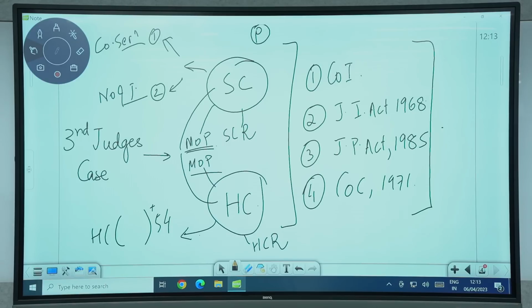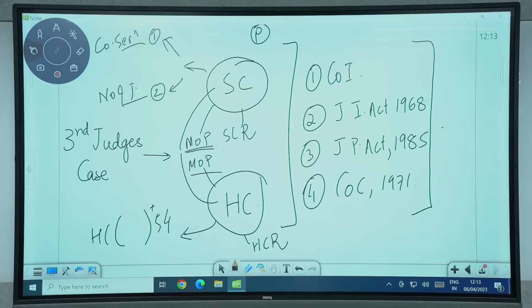Constitution, laws, rules, memorandum of procedure. These are the four common frameworks. ठीक है? अब between the Supreme Court and the High Court, a set of things which are commonly applicable to both. Provisions of the Constitution, obviously. Judges Inquiry Act, because the removal process is the same. Judges Protection Act to provide certain immunities and allowances. Fourth, Contempt of Courts Act 1971, because both of them are courts of record with contempt powers. Bas. These are the four legislations which are equally applicable and common to the Supreme Court and the